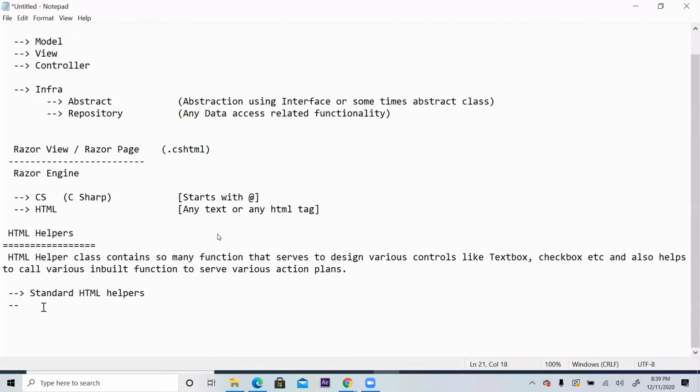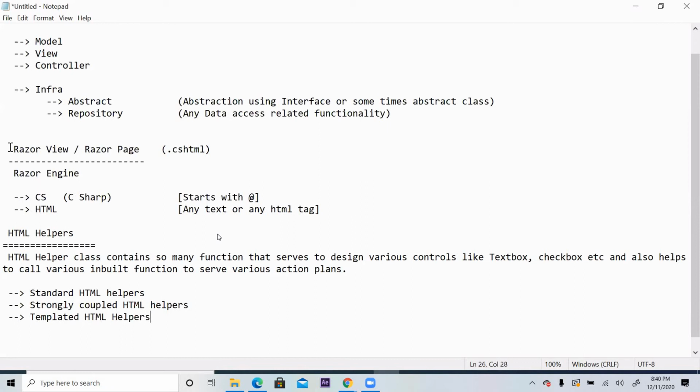One is standard HTML helpers, one is strongly coupled or tightly coupled HTML helpers, and one is called templated HTML helpers.